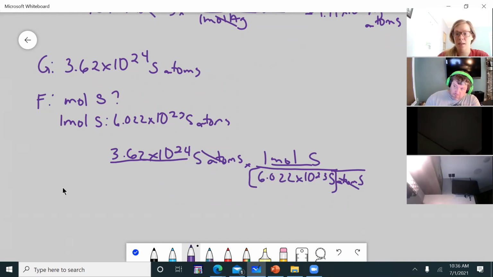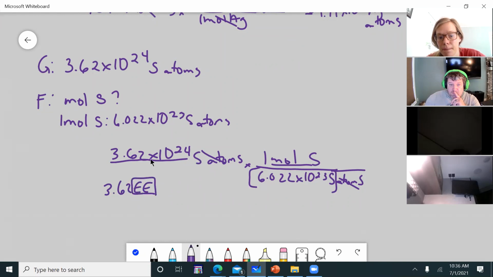I'm using my cell phone, turned to the side, and the EE function is there. So you're going to plug it in as 3.62 EE 24. You don't want to do EE 10 to the 24th because you'll double up on your exponent. So it's 3.62 EE 24 divided by 6.022 EE